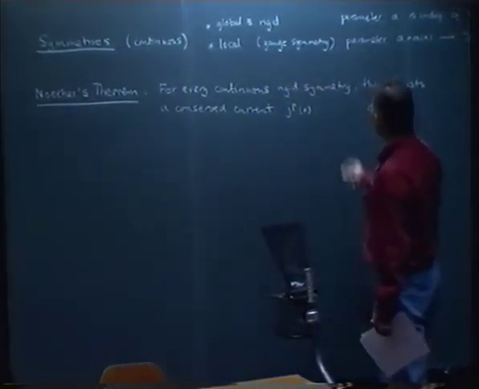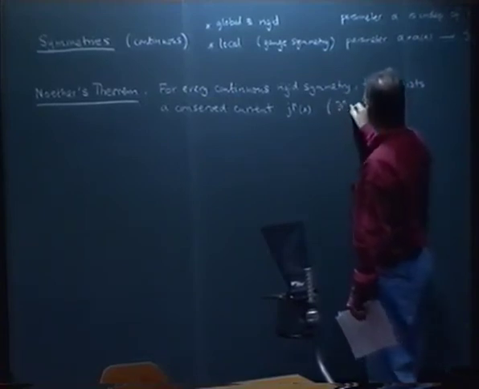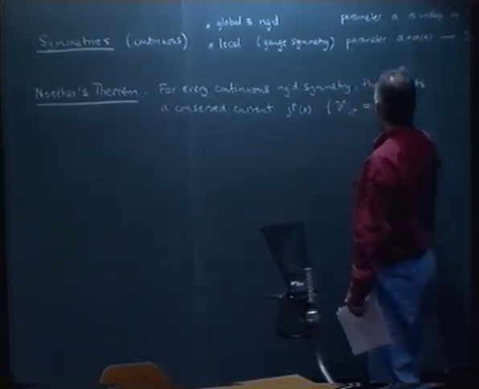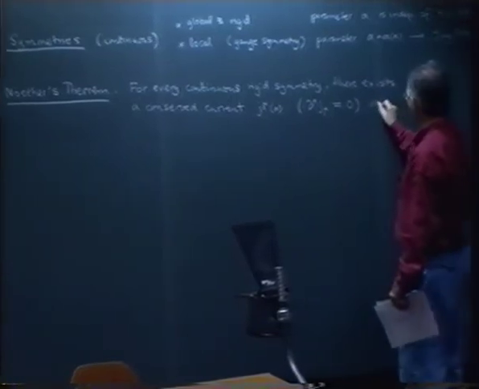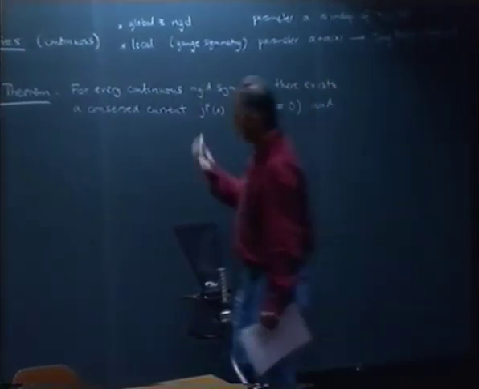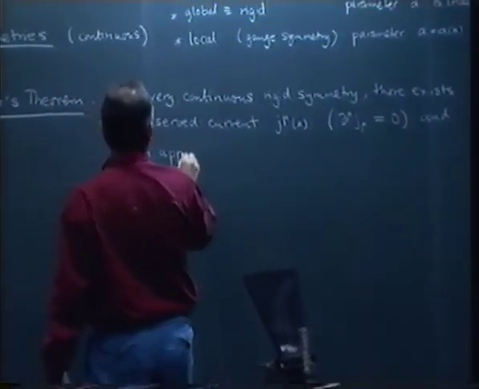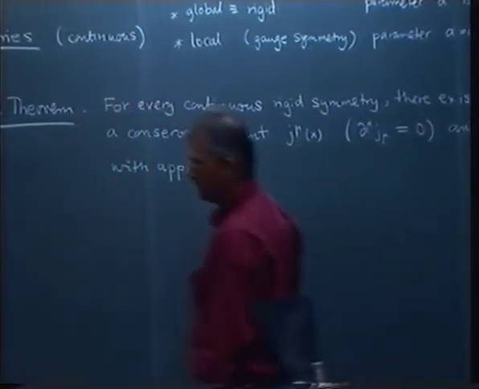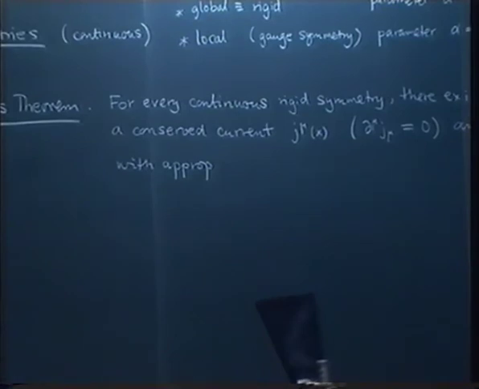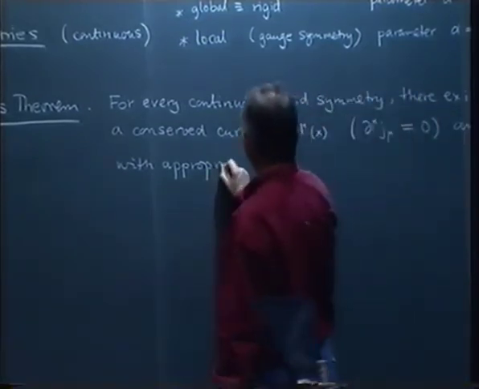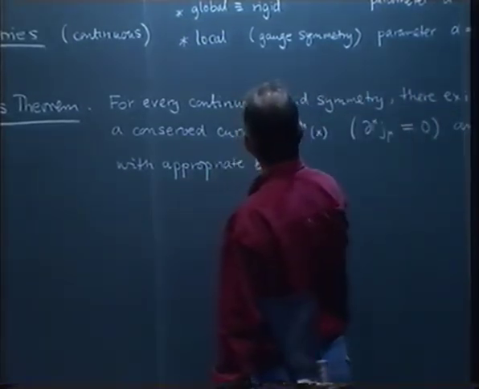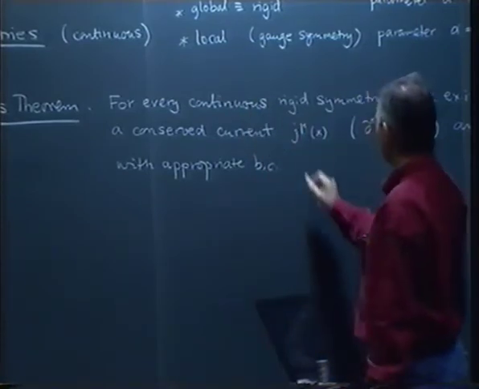And conserved means that d mu J mu equals 0, and with appropriate boundary conditions, meaning in practice that the fields should fall off sufficiently fast at infinity, a conserved charge,